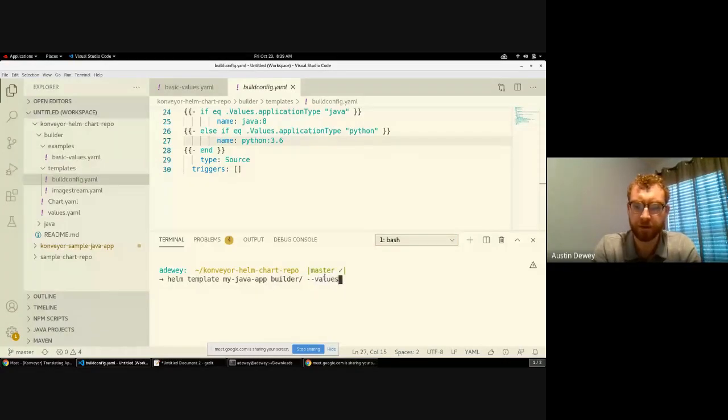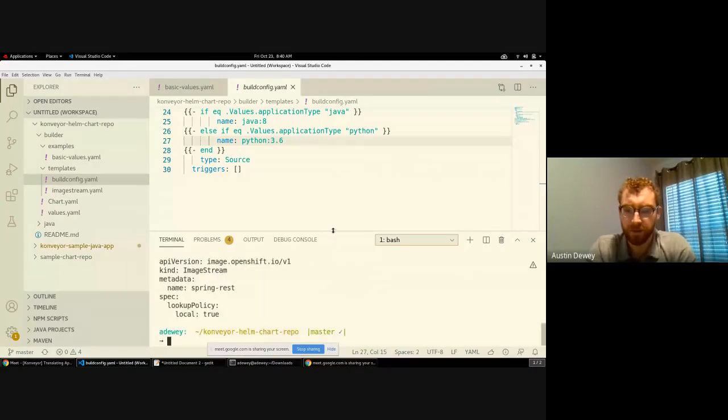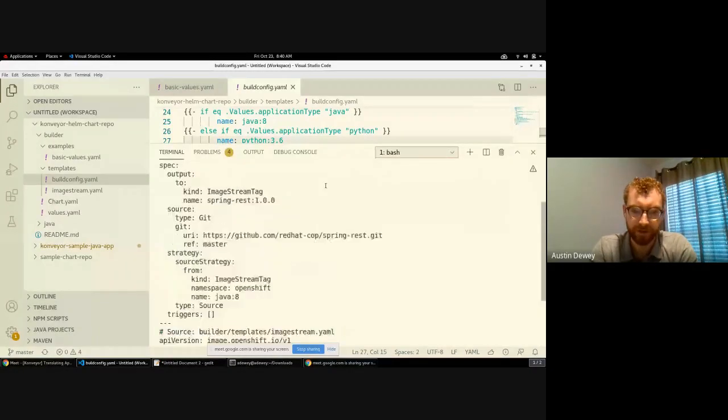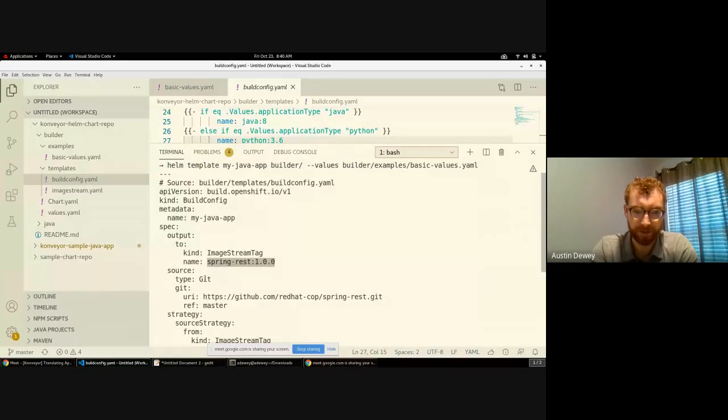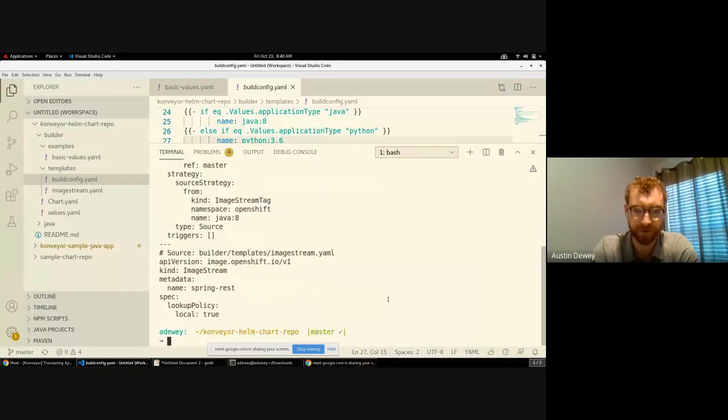And then for my values, maybe the values that the user is providing are these basic values here. So what Helm ends up generating for you is a build config here with the values that you provided, the name, there's my URI, it's pulling from the Spring Rest repo, and then I've got an image stream here,